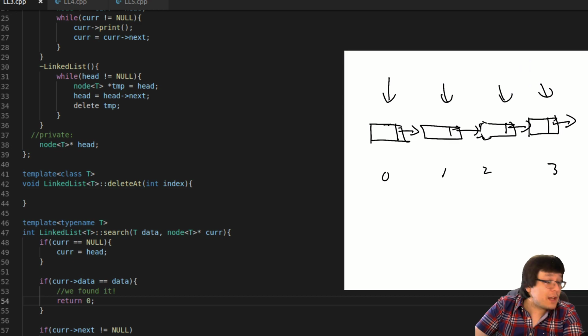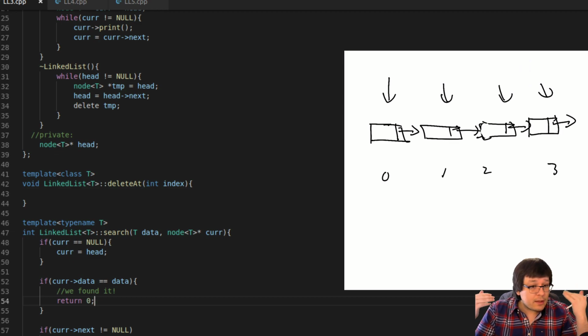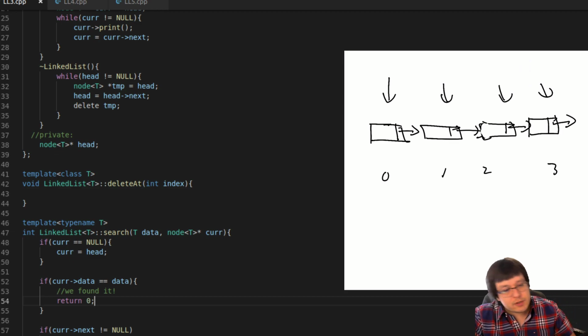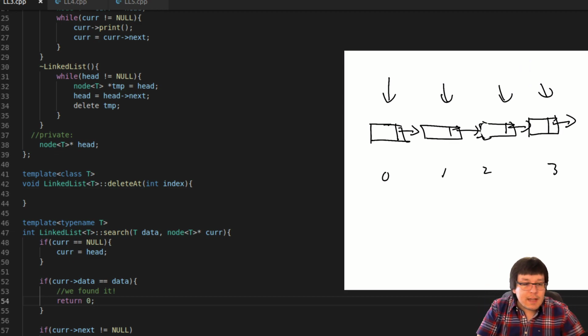Okay, suppose that it's not found there. You have two choices. If that's the end of the list, then you give up. Ooh, in which case maybe we need to return a -1, because that might show us that it's not found. So we'll have to think about that in a second. But okay, pending a fix for the situation where the item is not found, let's say that there are still nodes to search. So the next thing we're going to do is call the function again, but on the next node. So that's line 58. What we're doing, which you can't see apparently.